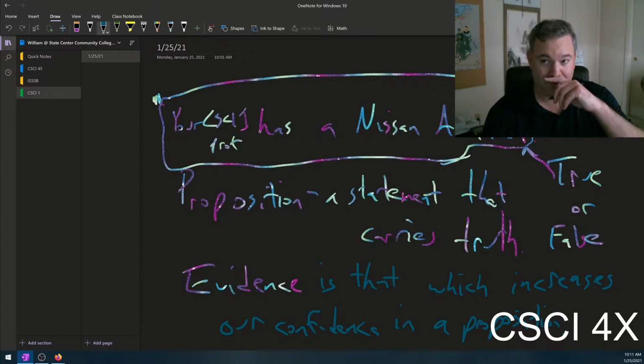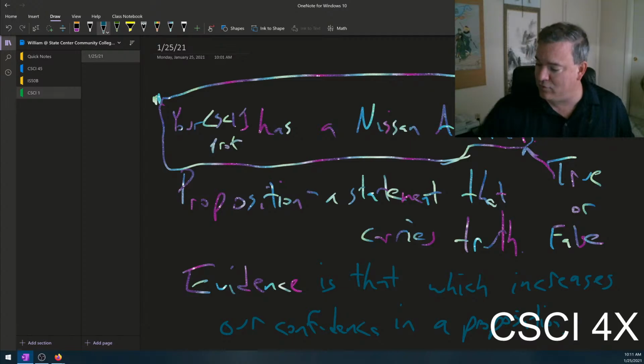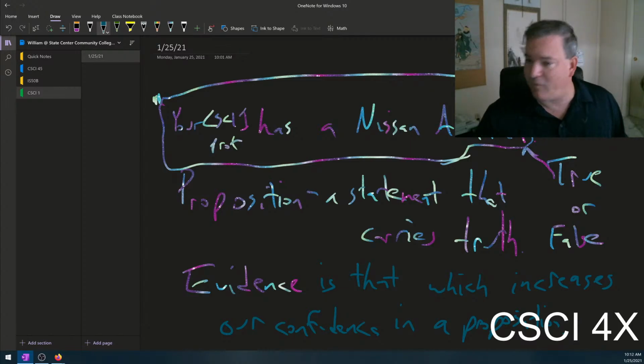Okay. Doesn't have to be proof. In fact, proof is like overwhelming confidence. So I just showed you a key fob that had Nissan on it. Doesn't say Nissan Altima, but it seems unlikely that I would have that just randomly if I drove like a